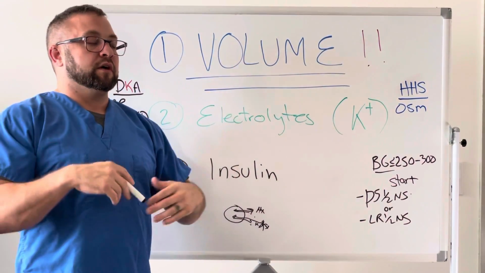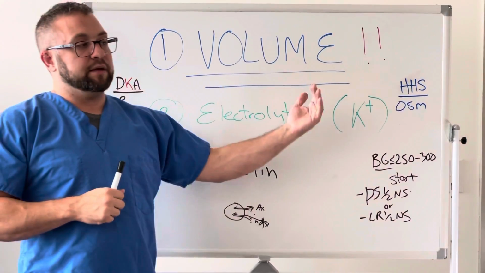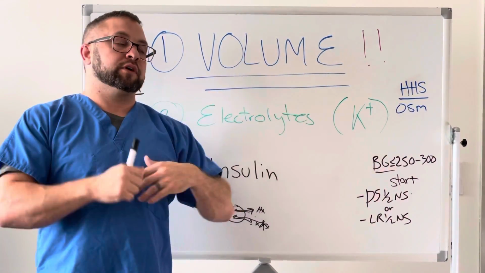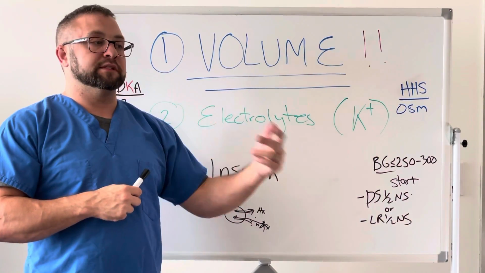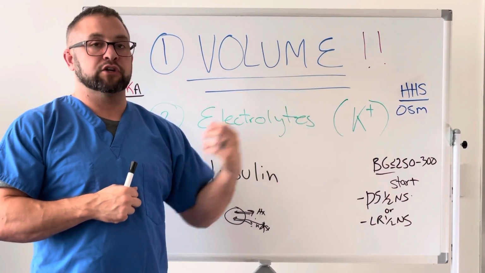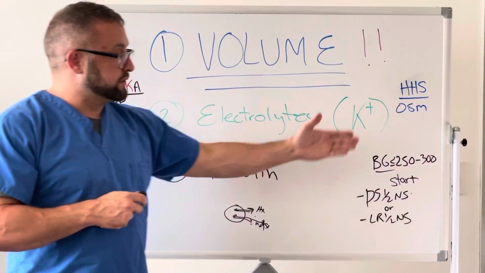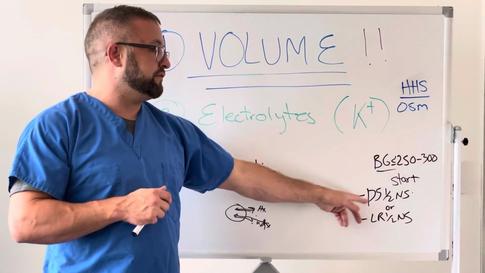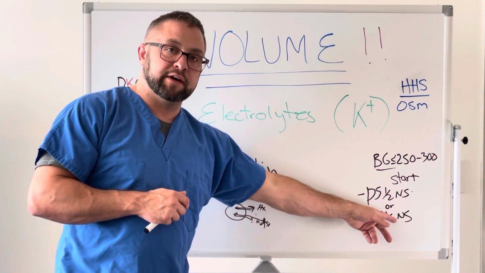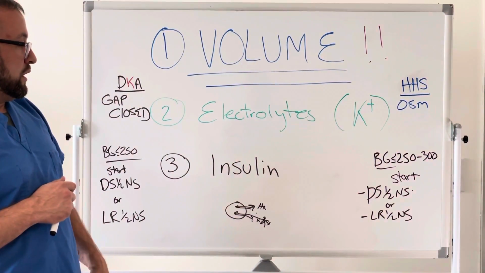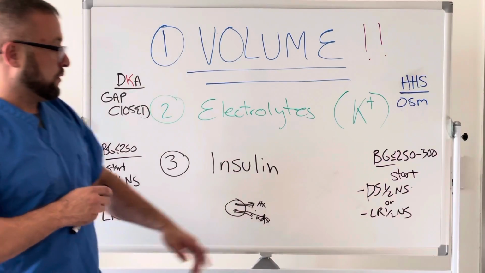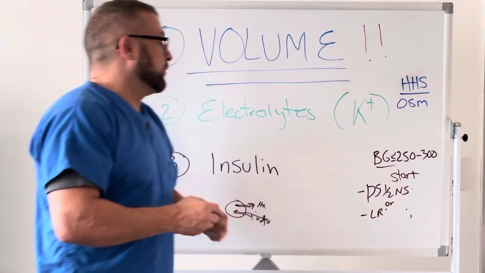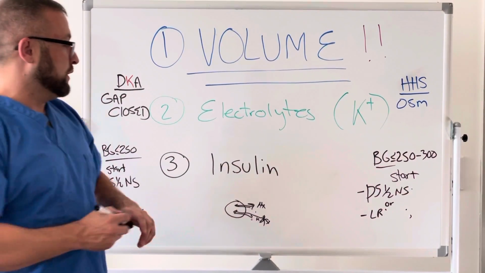So as we switch from fatty metabolism back over to carbohydrate metabolism, that gap's going to close, because we're going to be doing things the proper way. The cell's going to be getting energy by utilizing carbohydrates, which is another reason when sugars get less than or equal to 250, you'll notice that we switch to D5 half or lactated ringer half. So the reason, that should be D5 half lactated ringer. I'm sorry. So the reason we switch over